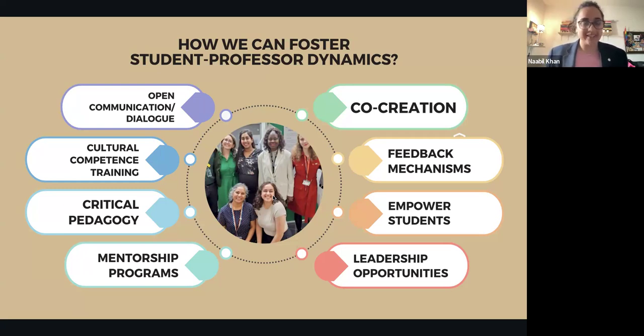It empowers students as well. If you feel like in your university you're able to make a change and you'll be heard and listened to and encouraged, more and more students are able to carry out whatever initiatives they want to carry out, and they're able to have those conversations that they may previously not have felt comfortable to carry out.